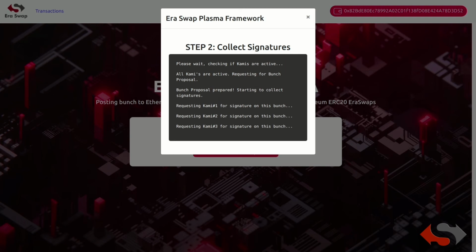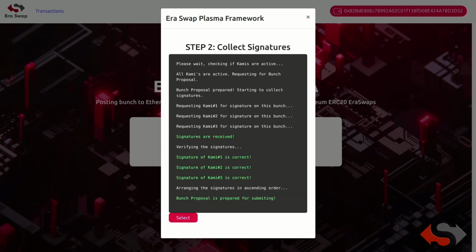The bunch proposal is prepared, and as I told you, it will start to collect signatures from each of the commies. The signatures are received and the signatures are verified. So now our bunch proposal is prepared for submitting.